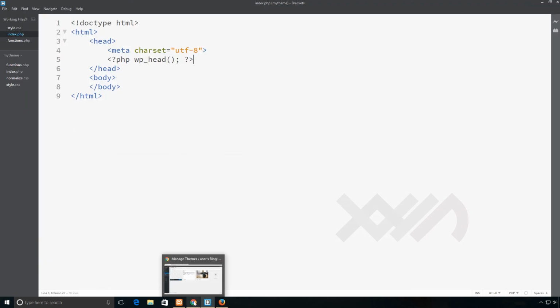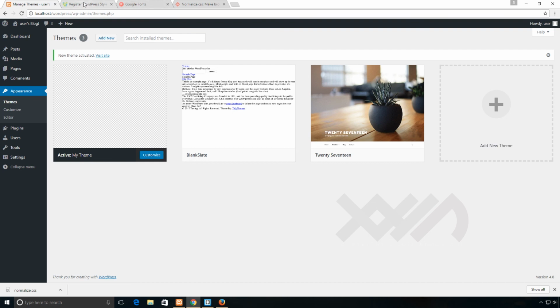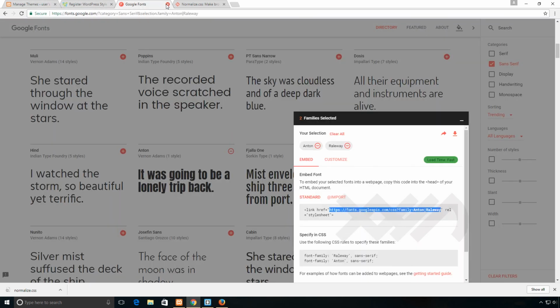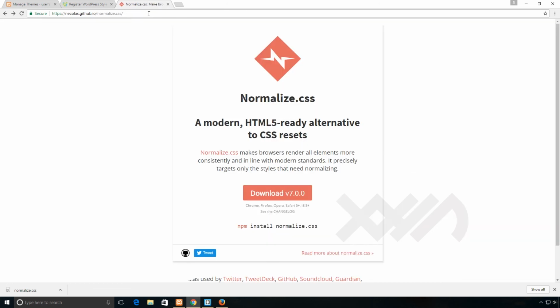GenerateWP. So you can now close Google Fonts. But if you think you're going to need more fonts, then you can just keep this open. In my case, I'm sure that I won't need any more, so I'm going to close that. I'm going to close normalize.css. Now I'm back here,